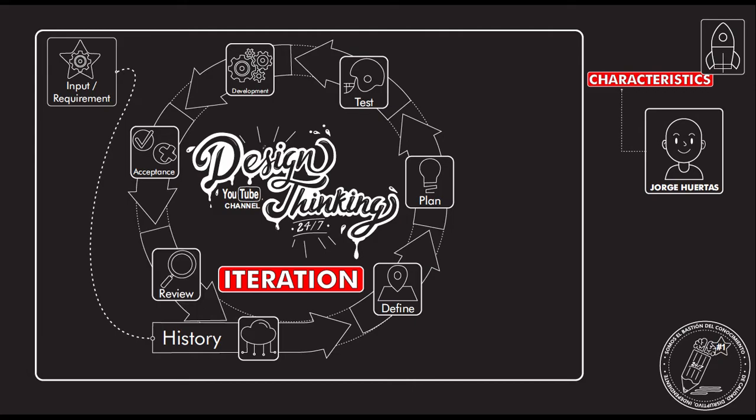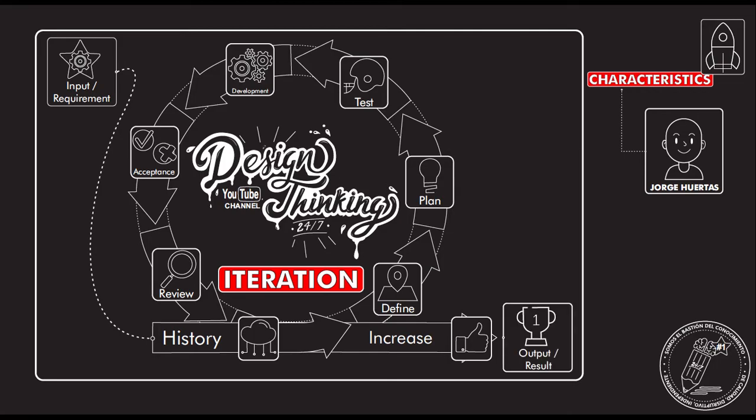This review is extremely important because it allows you to evaluate if you need to make another iteration or if your product is completely done. After that, you will have to choose between doing another iteration or being done with the process. If you are already done with the process, you will have an output and a result. However,